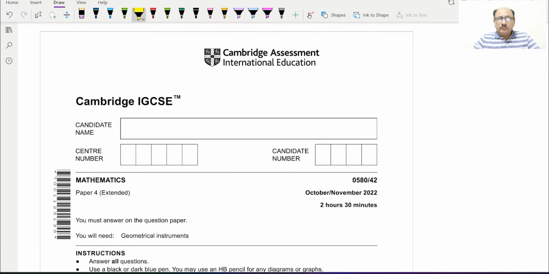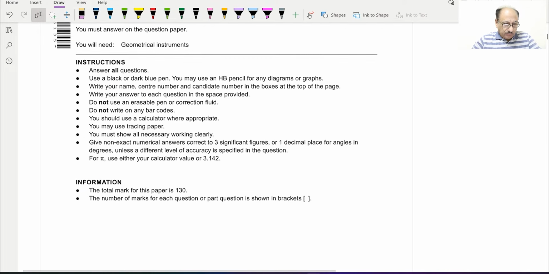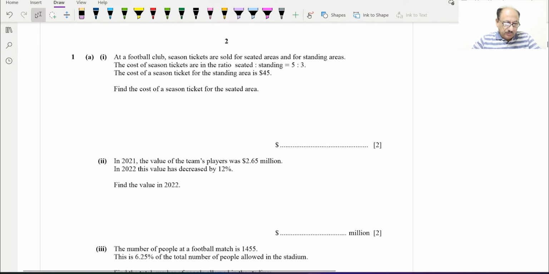Hello everyone, today we'll be going through Cambridge IGCSE Mathematics Paper 4 Extended, 0580/42, October November 2022. Let us move to question number 1, and question 1A part I says